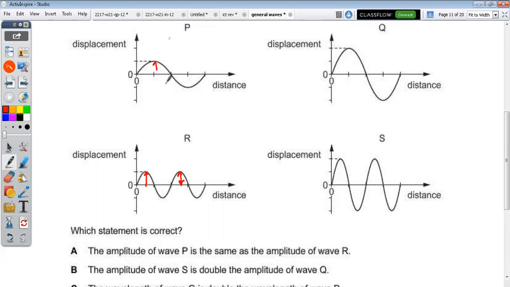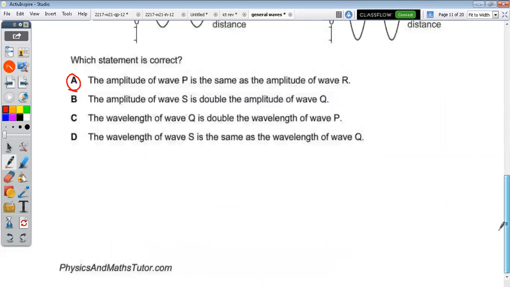The amplitude of this here is the same, according to the diagram. They only have different wavelengths. Because the wavelength of this one is all the way from this to this, then the wavelength of this one is from this to this. It's actually a shorter wavelength. So that's straightforward.